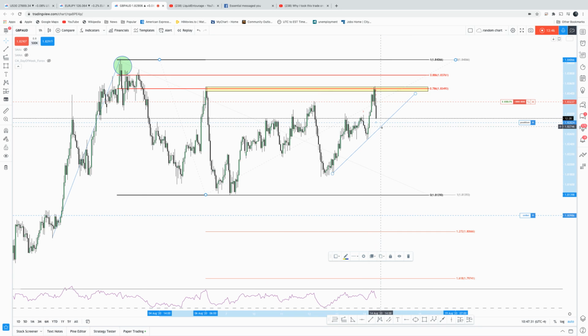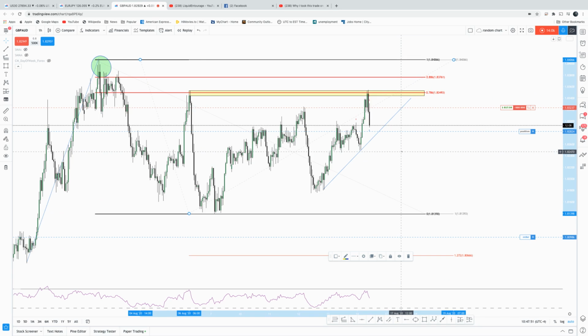And so what we're waiting for, we're going to wait for a break of this trend line and retest and see what happens. It's probably going to come all the way down. Again, if we break this major level of support here, we're going to look for a target of the 127 or the 1618. So this is a trade that most likely I will be holding over the weekend just to see